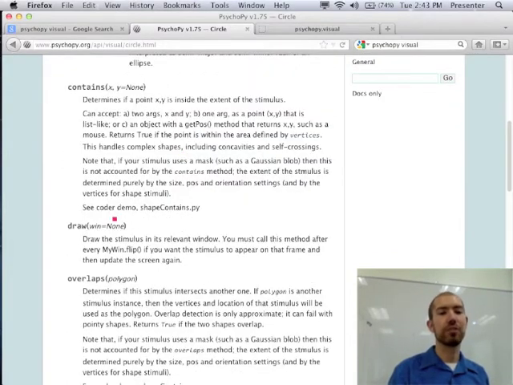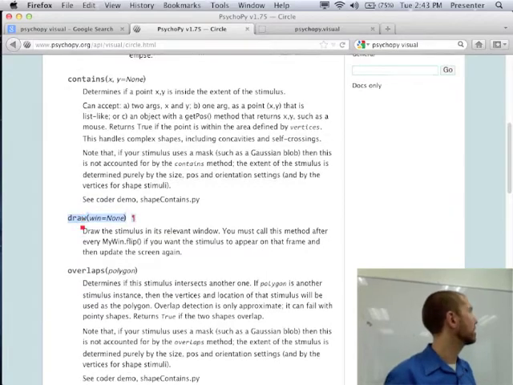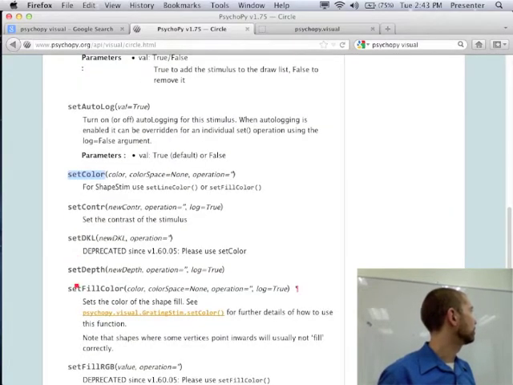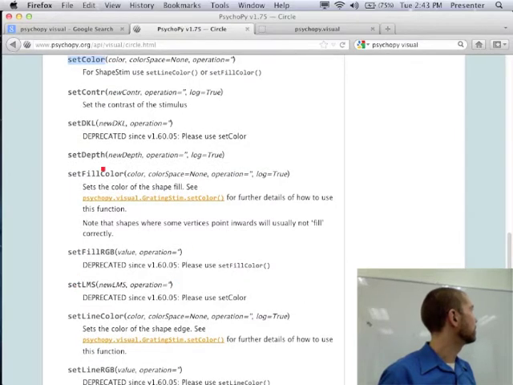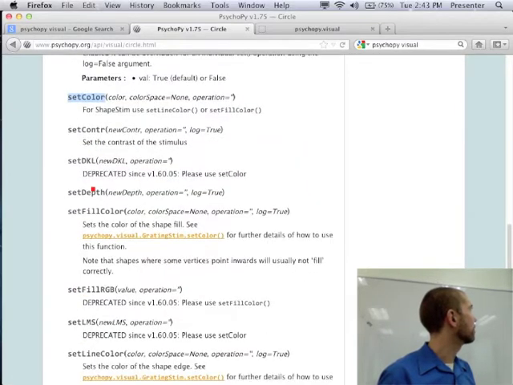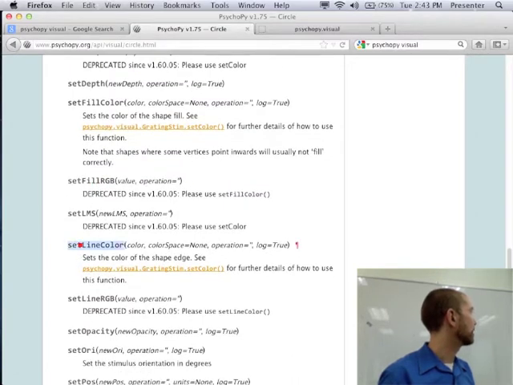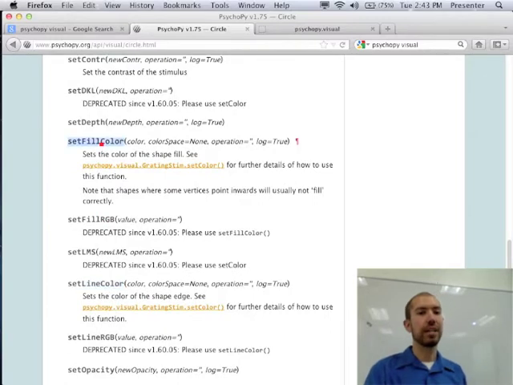And you can make circles do various things, right? You can make it draw itself. You can change the color of the circle. You can change the color of the outline of the circle and so forth. So the circle's got things like a line color, which is the outline of the circle, and also a fill color, right?